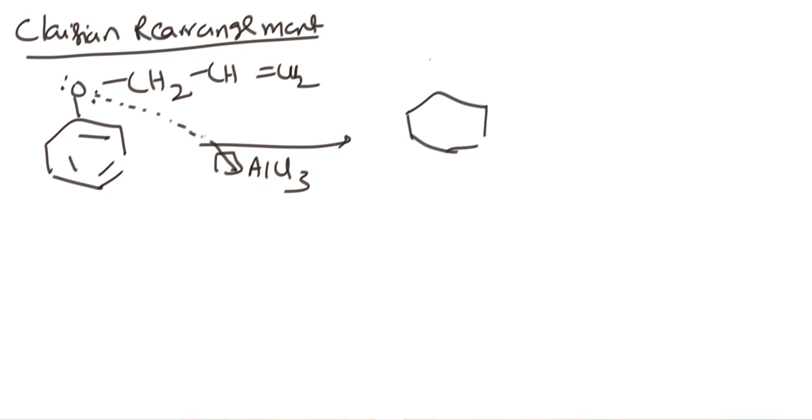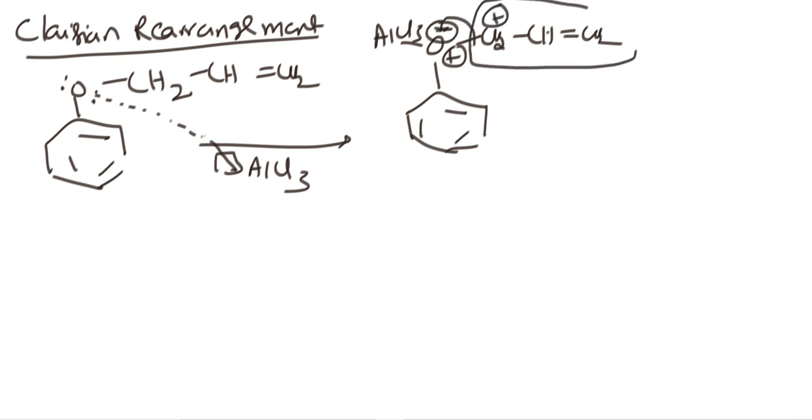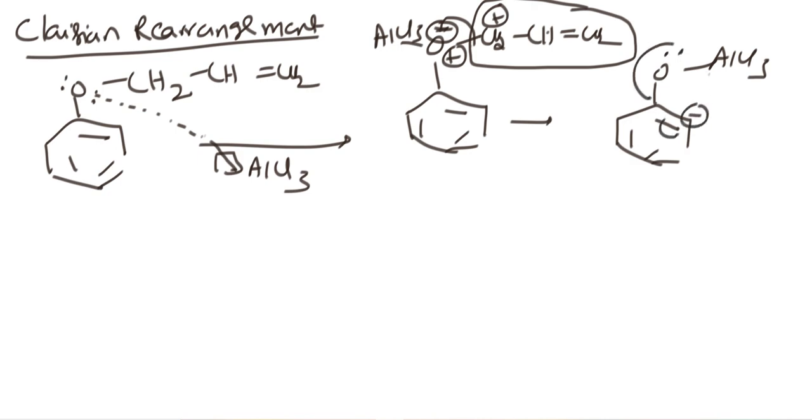Then what is the product of this one here? It forms O, AlCl3, CH2 CH double bond CH2, with the oxygen having positive charge. Here it forms an unstable thing, then immediately the bond shifted like this, negative, here positive, the allylic group is generated. Then as usual, what are you going to get here? Then this is O AlCl3, then the lone pair is shifted like this, and immediately AlCl3 is separated.